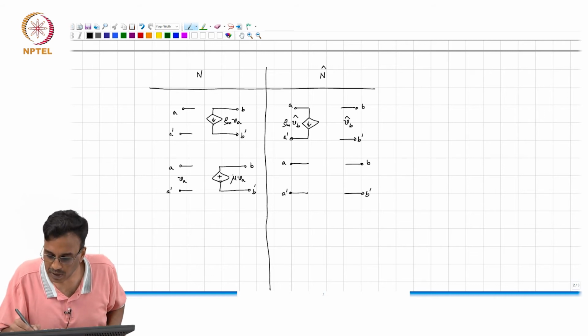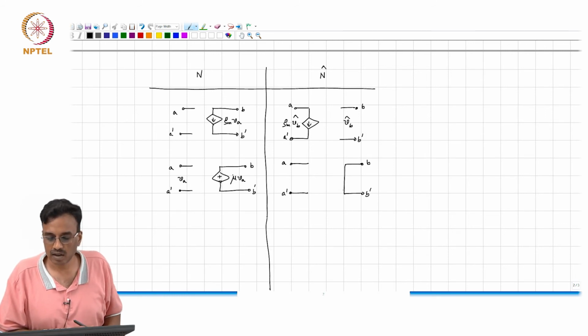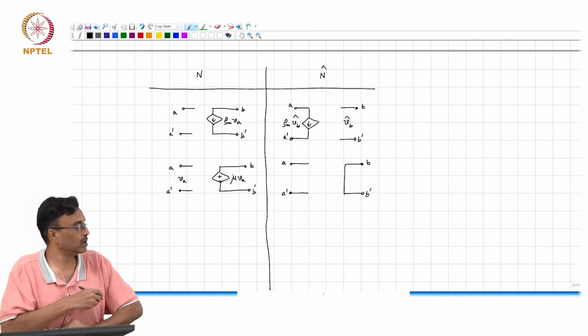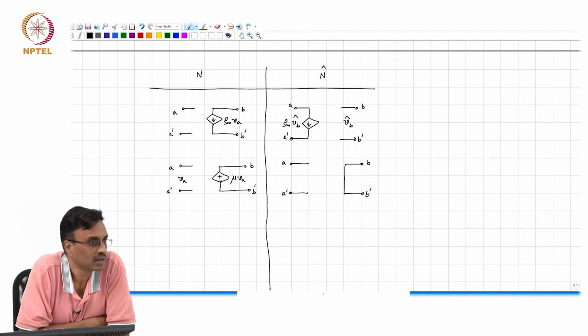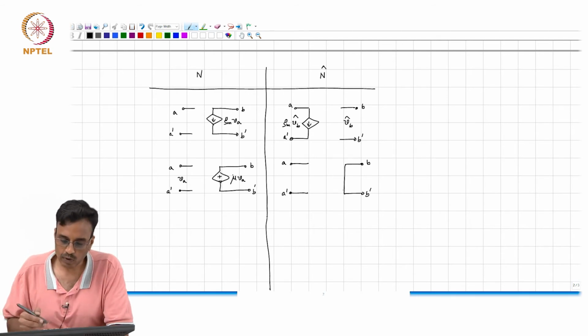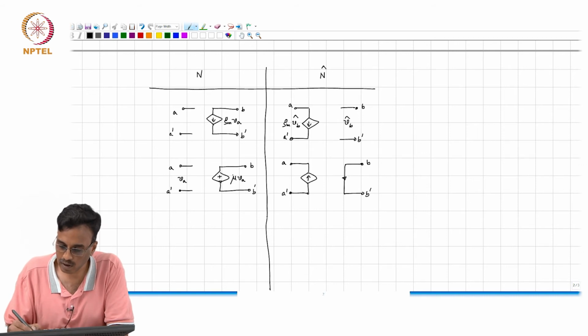So, this must be the controlling port and must be a short circuit, all right, and so this must be a current controlled source, right, and what must be there between A and A prime in N hat? Well, its impedance must be infinite when mu is 0. So, therefore, this must be a current controlled current source. So, if this is I_B hat, this must be mu times I_B.